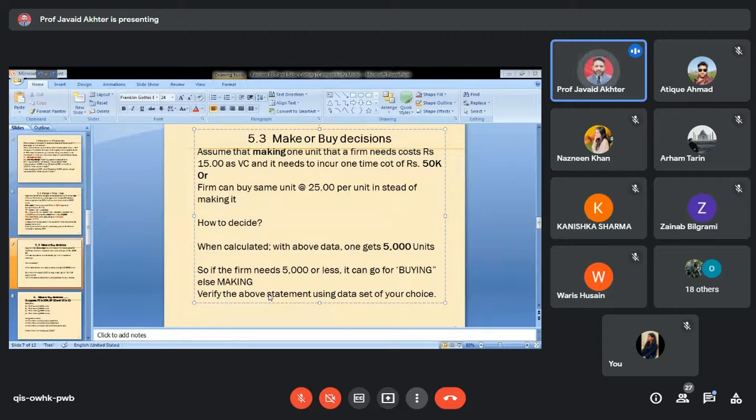Okay. What if the supplier delays the supply for some reason and you lose your order? Think of, let us say, a hospital availing the services of an outside company for the supply of anything. Think of any equipment, any medicine or something, and the supplier for some reason defaults. What will happen in the hospital? It is not making, it is buying, and the supply is disturbed. What will happen?